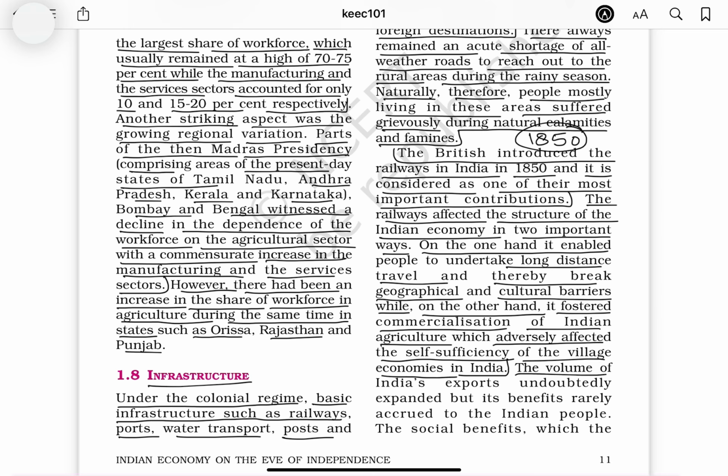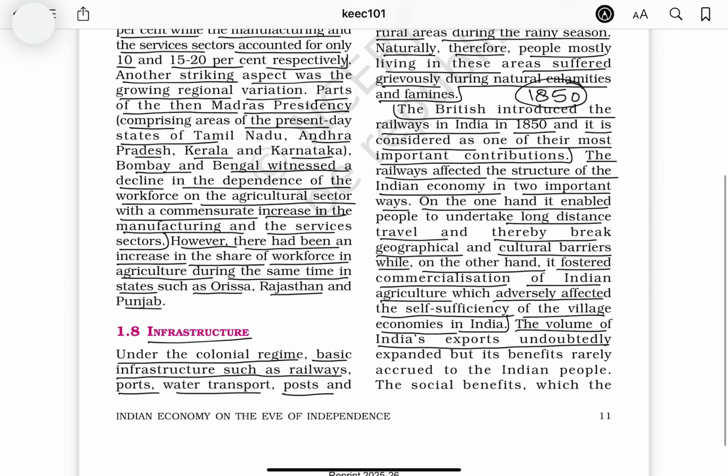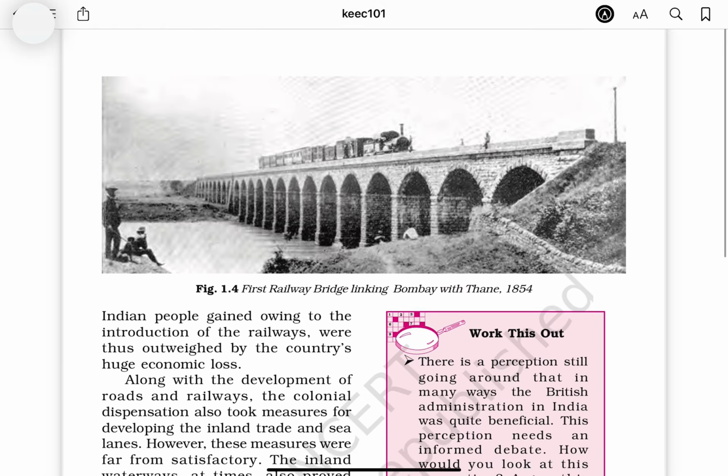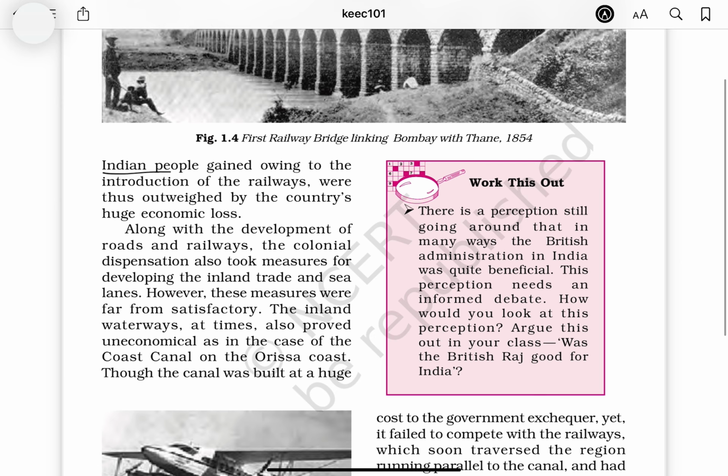The volume of India's exports undoubtedly expanded, but its benefits rarely occurred to the Indian people. The social benefits which the Indian people gained owing to the introduction of the railways were thus outweighed by the country's huge economic